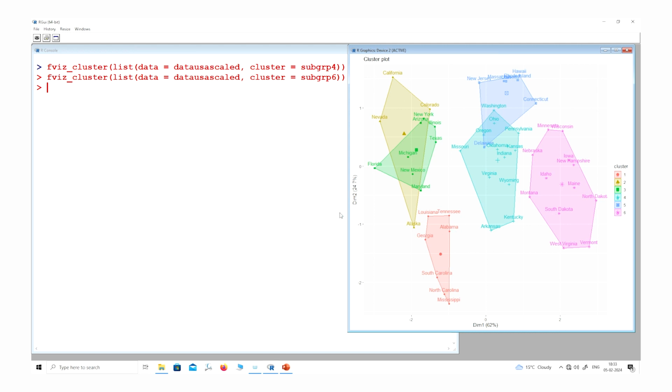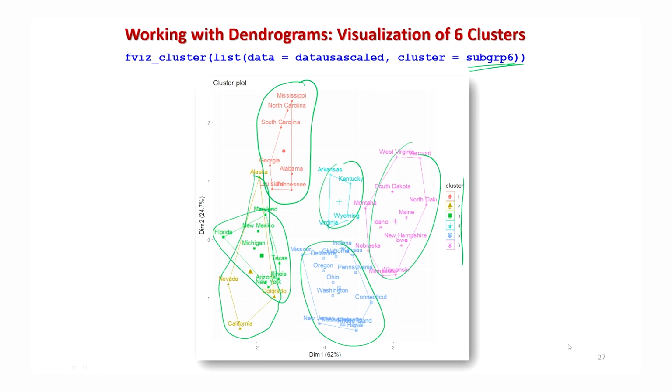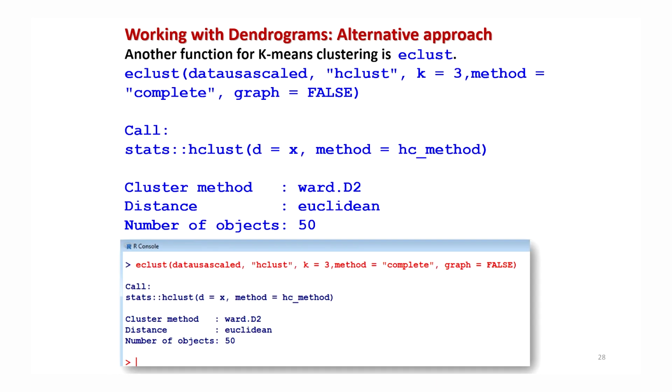So you can see it is not very difficult to work with cluster analysis when you are really working in the software. The only thing is that you have to understand, and for this you have to know the basic concepts. Now we come to another function. There is another function for k-means clustering, this is eclust, right? So I would also like to show you how it works and what really happens. The use of the command is similar to what we have done in the other commands.